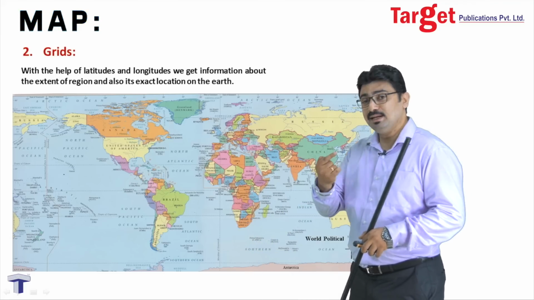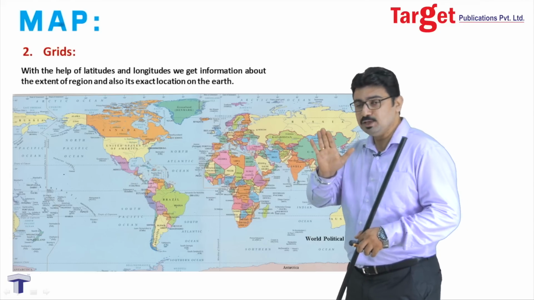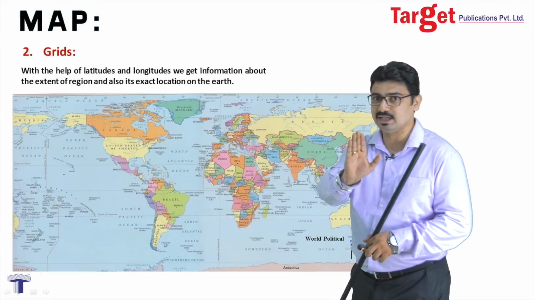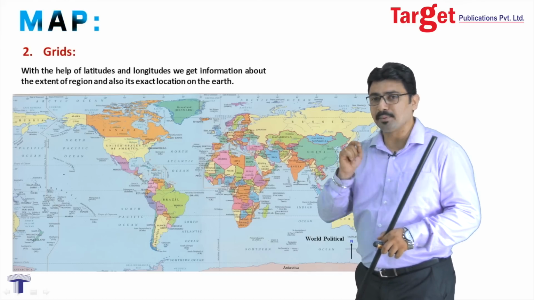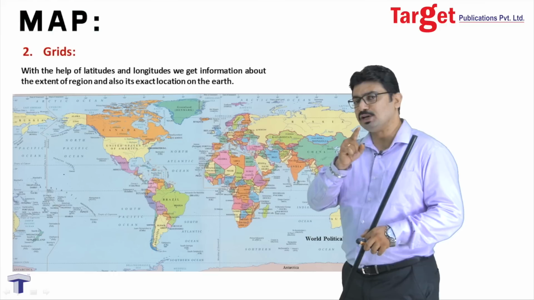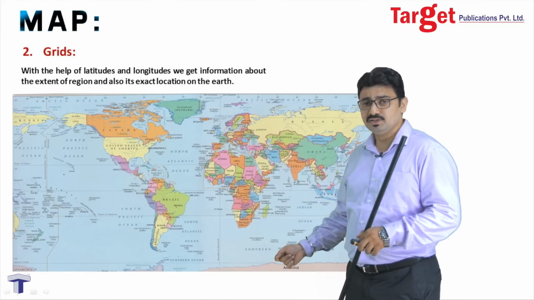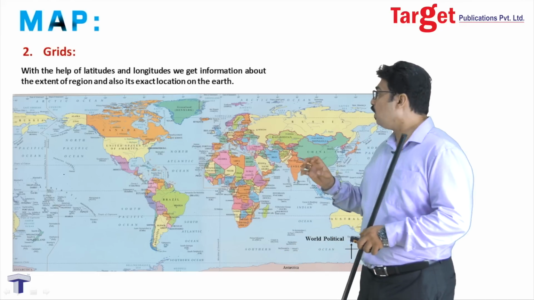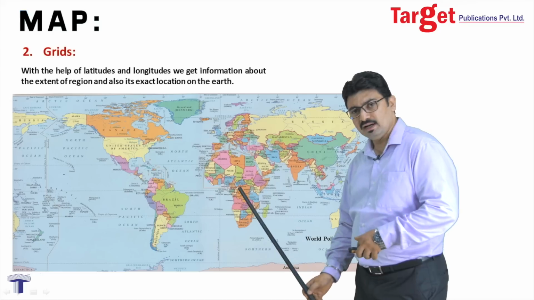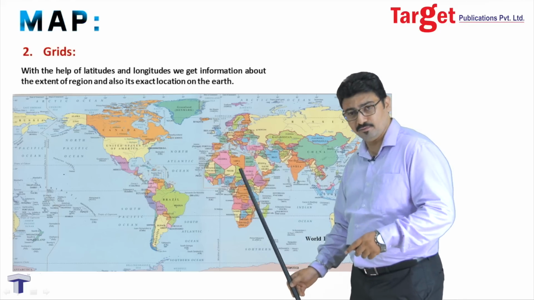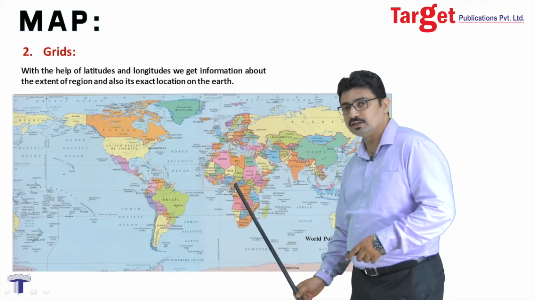Okay. Now, similarly, the most important longitude, with reference to which we decide which one is eastern hemisphere and which one is western hemisphere, that longitude, the 0-degree longitude, is also known as the prime meridian. Friends, you have already studied that the prime meridian passes through Greenwich city, right? So, now let us understand the extent of the African continent.